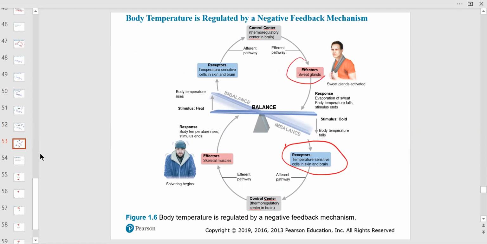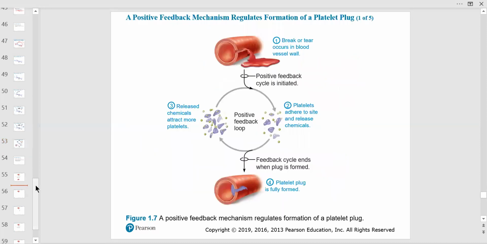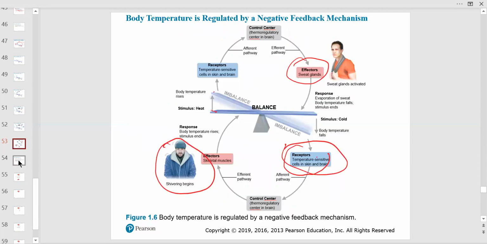You sweat when it's hot. That's the effector, your sweat glands. But then if you get too cold, temperature sensitive receptors, and then you shiver. And hopefully that'll put you back to balance. But if it goes too high, of course, this never happens where you're getting cold, getting hot, but it does with your blood pressure. It does with your heart rate. It can do it with your respiratory rate, and it definitely does it for acid base. And a lot of times with blood sugar. So it can be that quick of a turnaround.